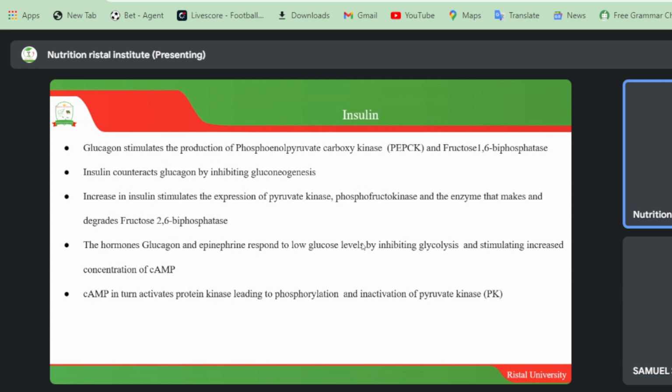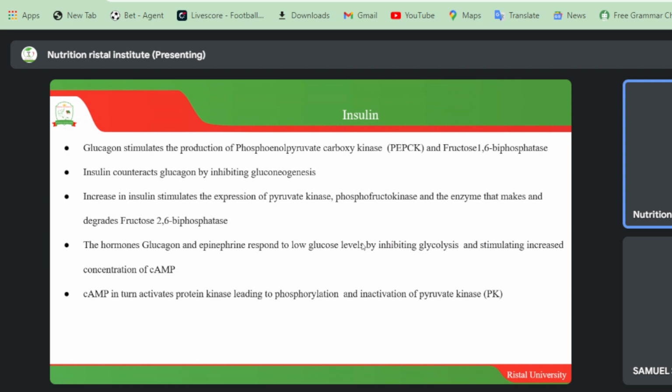The hormones glucagon and epinephrine respond to low glucose levels by inhibiting glycolysis and then stimulating increased concentration of cellular cyclic adenosine monophosphate, which is the cAMP. So, like we saw earlier on, we know the role of cAMP. So there can be a question that asks you to describe or explain the role of cAMP in relation to glucagon